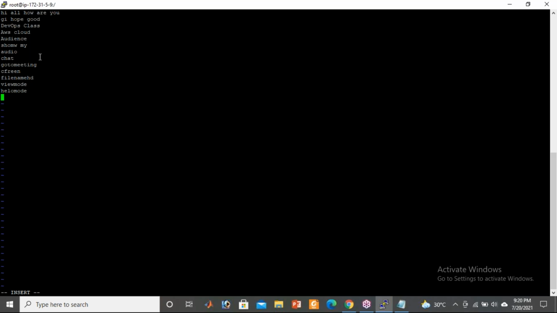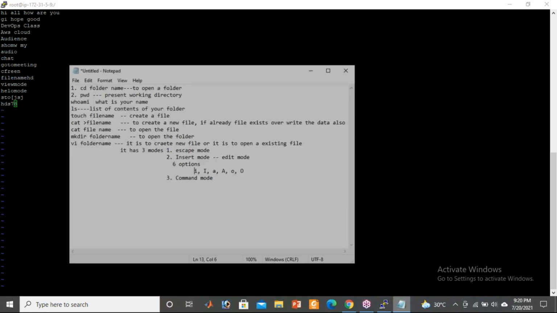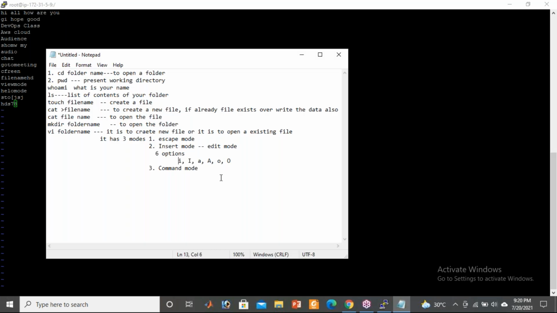No need to be meaningful data. Just randomly, I said. It can be any data, just for sample purposes. Enough now. Press escape. So guys, now we'll talk about escape mode. Go back. Write down the notes under escape mode.